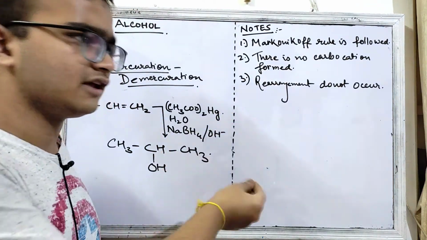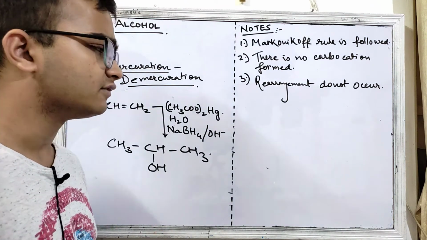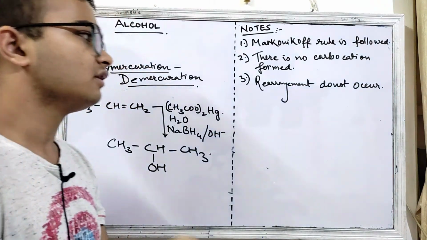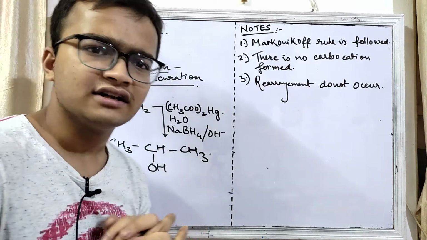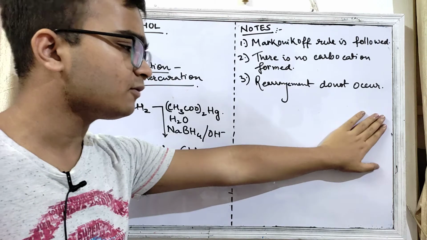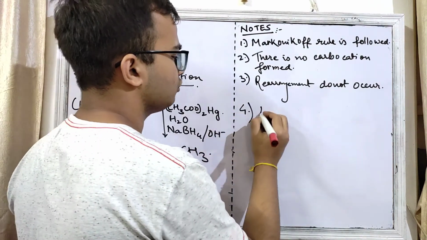We saw the exception of Markovnikov where the H was being transferred or shifted. Now since there is no carbocation in this case, there is no possibility of rearrangement to occur. We will understand this with the help of an example. So copy it up to this much. The last point which I have to mention over here: